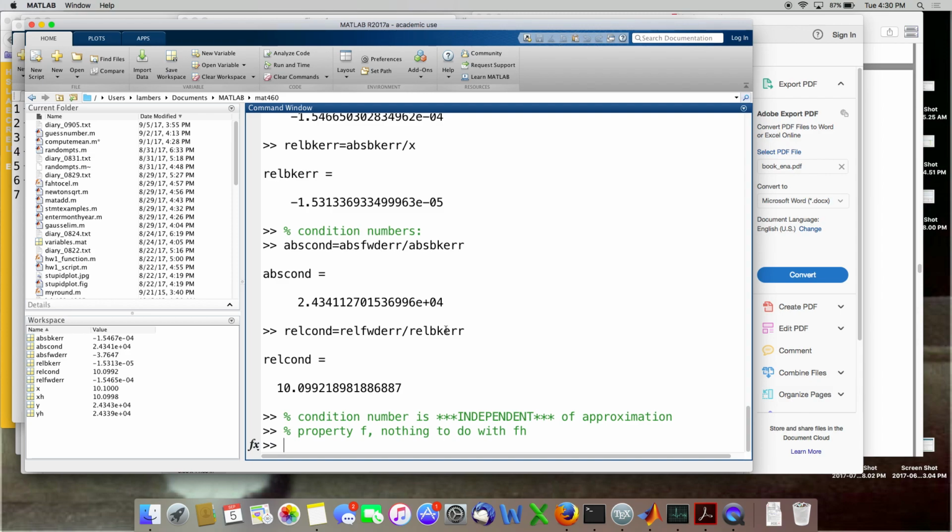Whereas whatever algorithm you choose, we can have a stable or unstable algorithm. So if both properties are good, if you have a well-conditioned problem and a stable algorithm, you can expect an accurate answer. If both those things don't hold, you could still get an accurate answer, but it's a bit more of a crapshoot in that case. All right, so now I went through this example because you're going to be doing the same kind of things in some of the explorations to figure out backward error and then therefore condition numbers. So any questions about the process in this case?